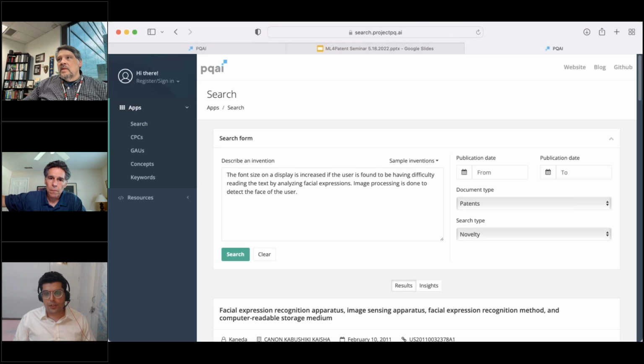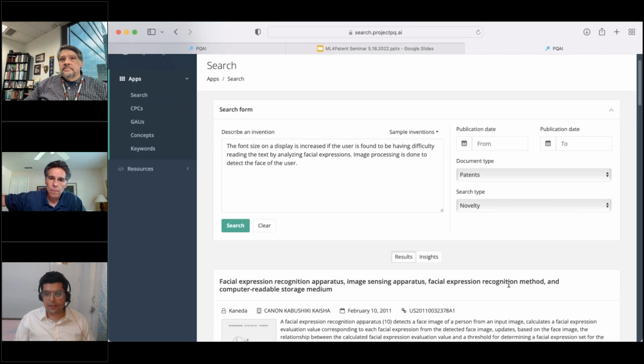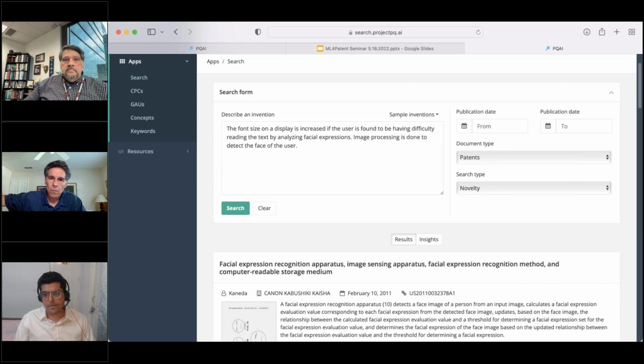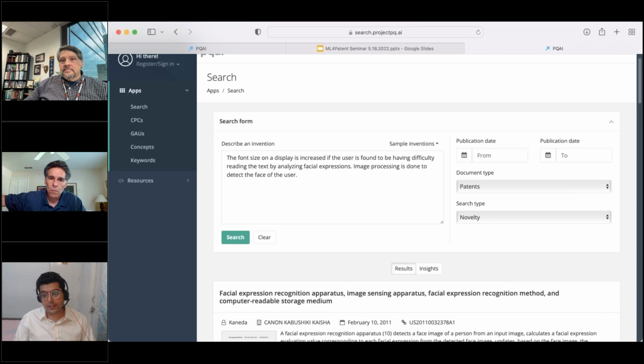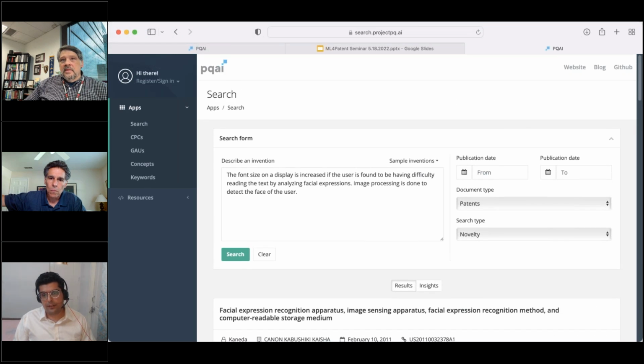Another thing that I wanted to show you, which is unique to PQAI, is that right now I have done a novelty search, and the result that I just showed you, a typical inventor may think that, okay, I did not find a result which was exactly increasing the font size. So if I apply for a patent for this particular idea, I will get a patent. But what happens is,